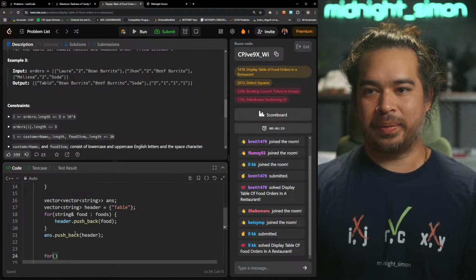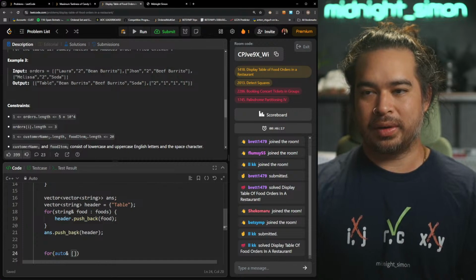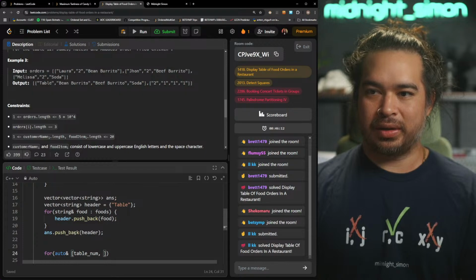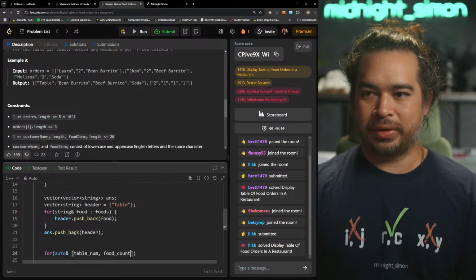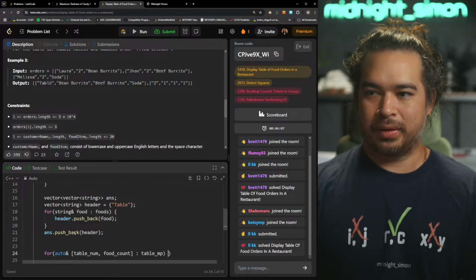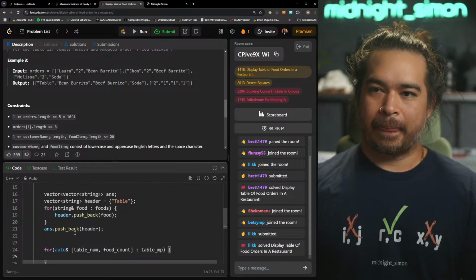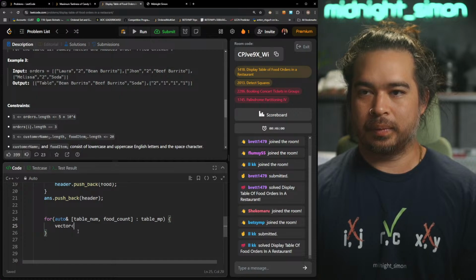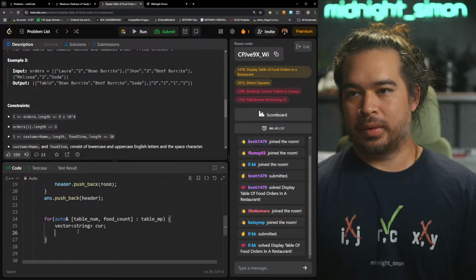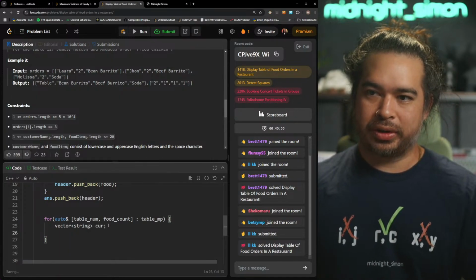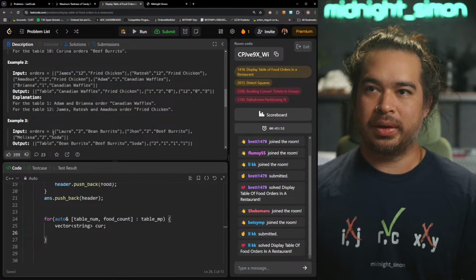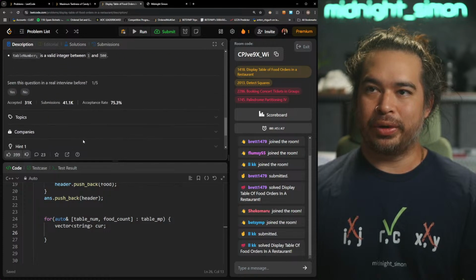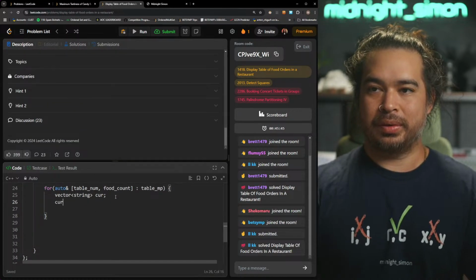So for every thing, let's call this table number and food count. How are we gonna do it, man? I guess we push the table number. How did I do it? Table number first, and then the food counts.